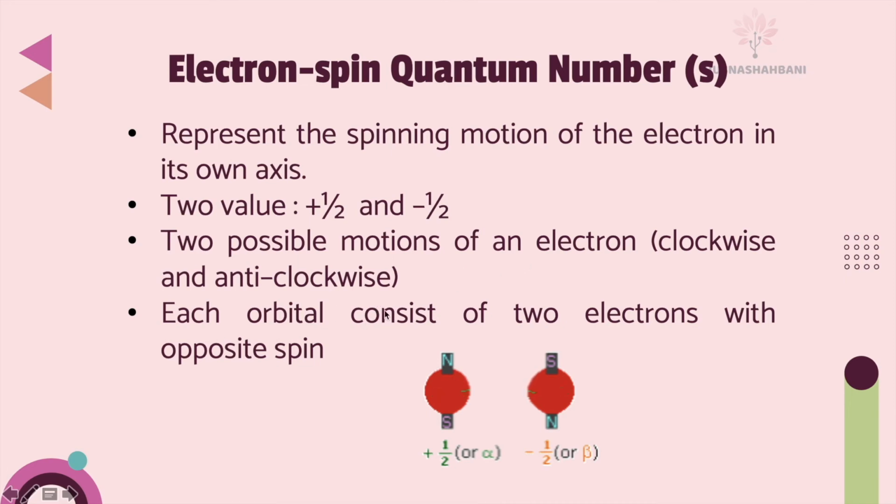Each orbital consists of two electrons with opposite spin. So one electron can be spinning clockwise or anti-clockwise. Clockwise positive half, anti-clockwise negative half, or you can say anti-clockwise positive half, negative half for clockwise, as long as